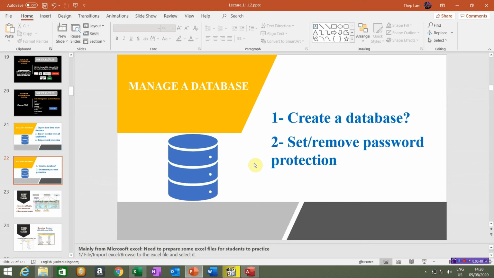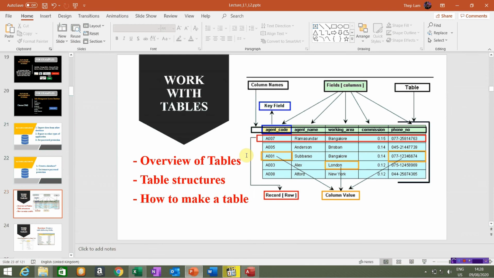And as you know, a database is a collection of many tables. So after we have a database, we're going to create tables for the database. So here is the structure of tables. As you can see from here, you can see the top, the first